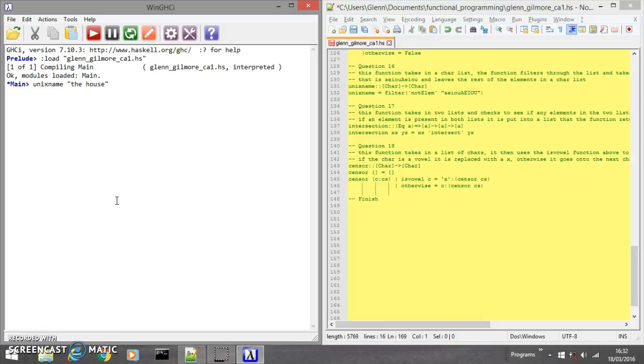Question 16 searches a string which I've passed in as a list of characters to see and remove any vowels that are present, and returns the rest of the characters. For this I use a filter, not an element of AEIOU lowercase or AEIOU uppercase. On the function on the left, which were shown